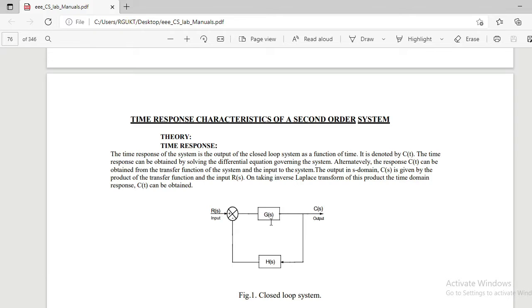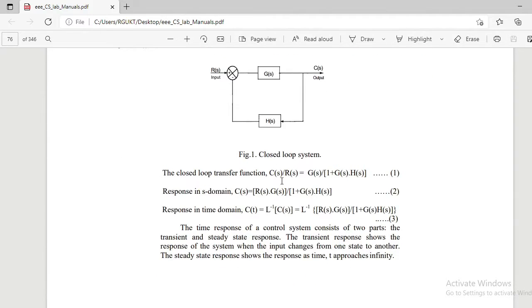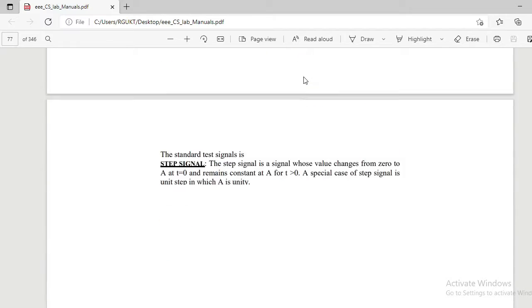So we need to obtain the C of T. Transfer function is nothing but the ratio of output by input, C of S by R of S. Here the closed loop transfer function we may write as G by 1 plus GH, for negative feedback. From that, shift your R of S to here and assume R of S as a step input, or some square or parabolic input. Then you apply inverse Laplace, then you will get the time response of the second order system. That we need to find theoretically as well as with the help of your digital CRO, and those two should be compared. So let us see how to find the time response characteristics.